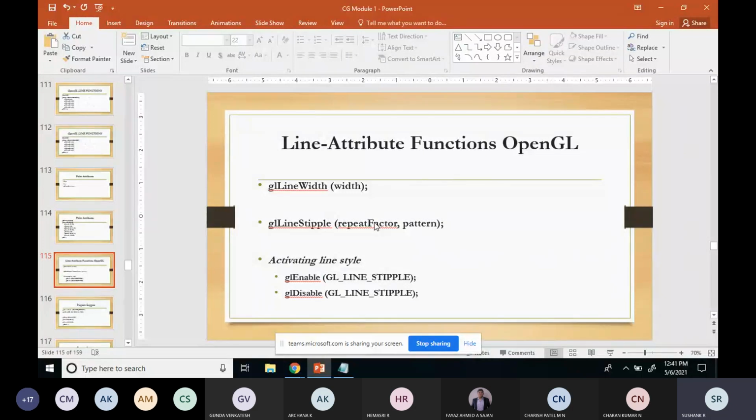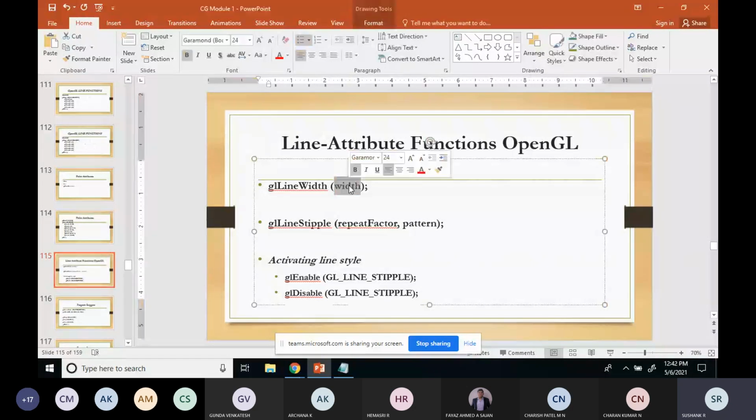Using the GL color function, you can set the color of the line, and using GL line width, you can set the width of the line. The width is a floating value. You can pass a floating value, which will be converted to the nearest positive integer.